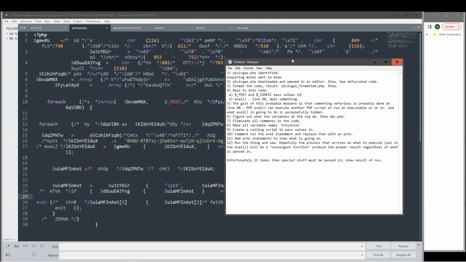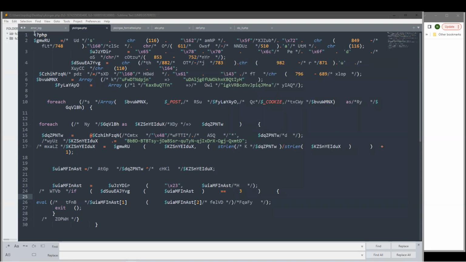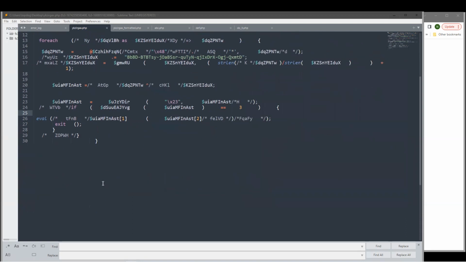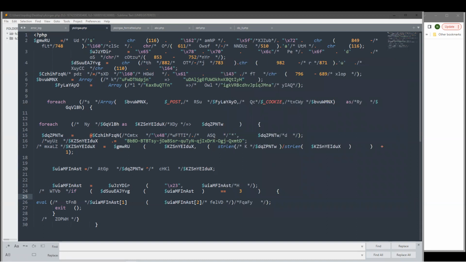So anyway, without further ado, we see it right there in that black window, and it looks pretty gibberishy, and it's obviously obfuscated. So how do we go about debugging this? Or trying to figure out what it does, which I find fun because the author doesn't want you to know what it does. So the first thing that I do when I'm ever looking at something like this is